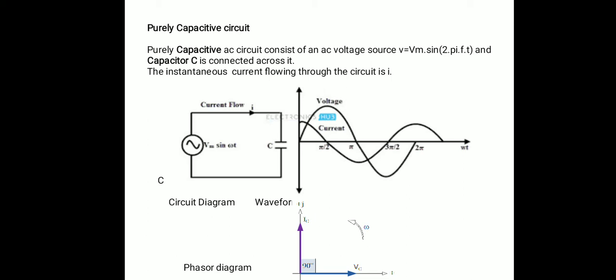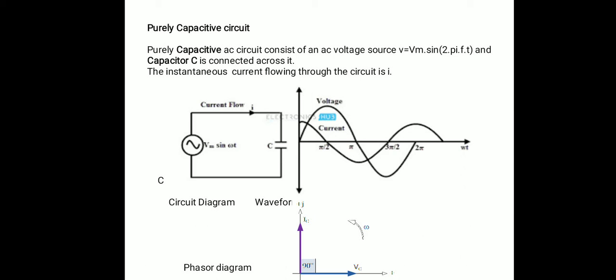If you see the phasor diagram for voltage across the capacitor and current flowing through the capacitor, which is Vc and Ic. We have studied about phasors. A phasor is a straight line with an arrow at one side, which indicates the direction of the phasor, which is the anti-clockwise direction. So we have to draw the phasors for Vc and Ic. Vc is the voltage across the capacitor, and Ic is the current flowing through the capacitor. In the waveforms, the current leads voltage by 90 degrees, which is also shown in the phasor diagram. So how to draw the phasor?